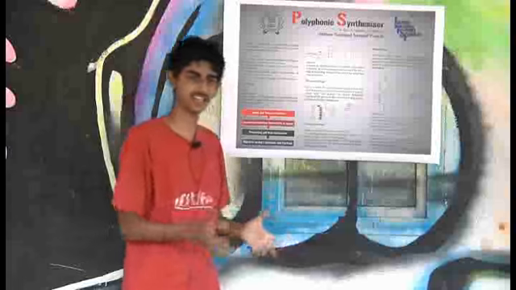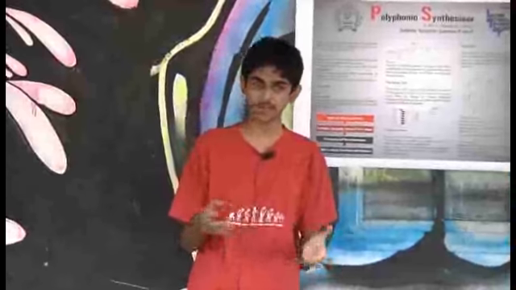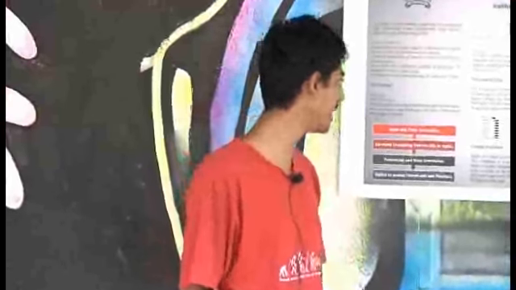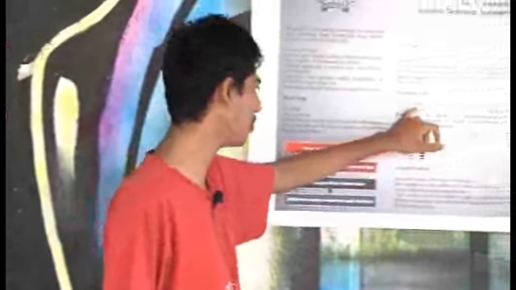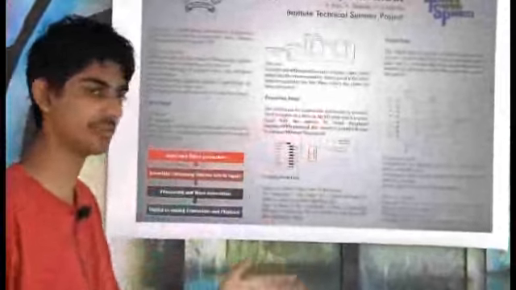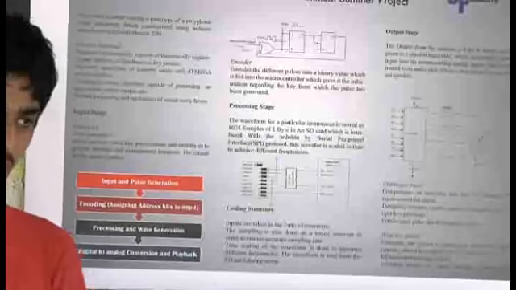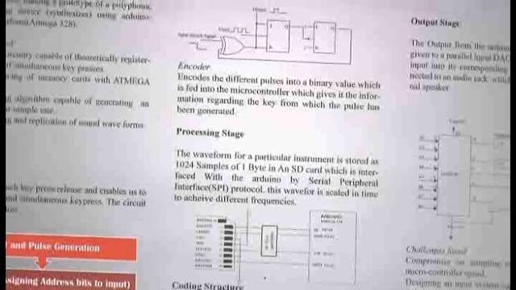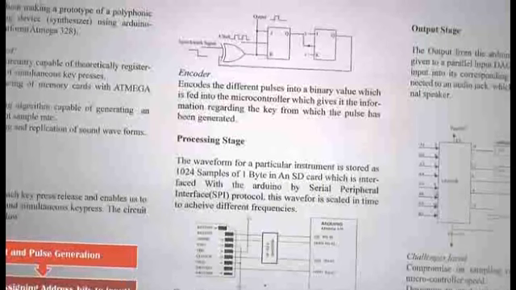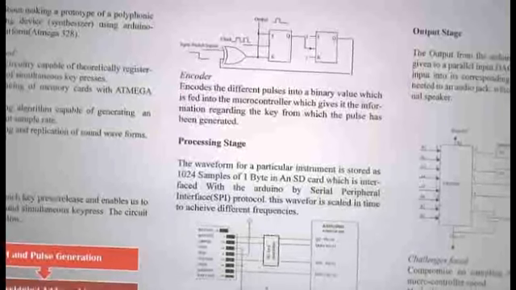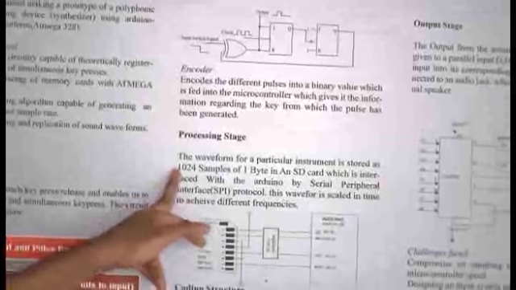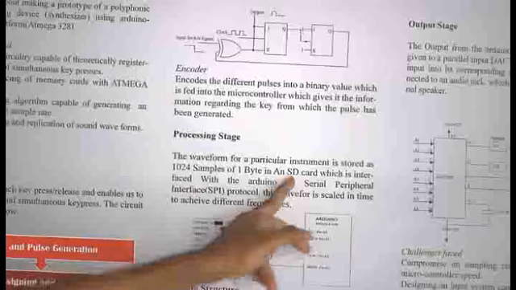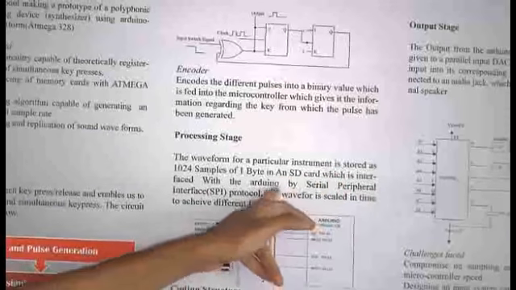I have expressed interest in playing instrument patches, as in the sounds of various instruments. So the algorithm which I have used for that is this. The waveform for any particular instrument, that is the waveform as a single wave starting from 0 to 2 pi of that instrument, is broken down into 1024 samples in time. Each sample is of 1 byte each, as in it can go from 0 to 256. 1024 such samples are stored in an SD memory card, which is interfaced with the Arduino